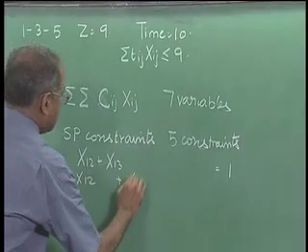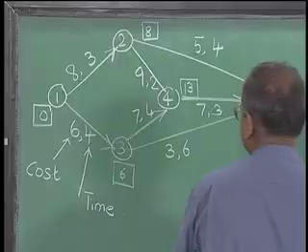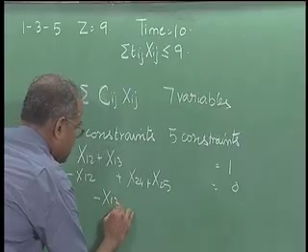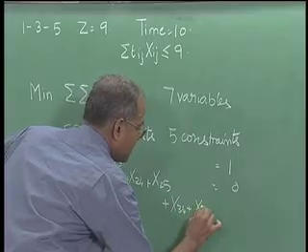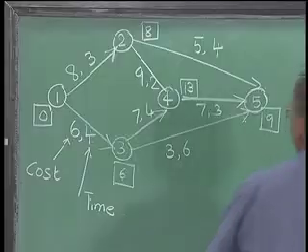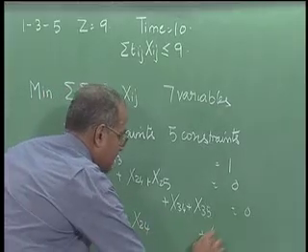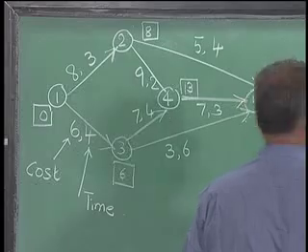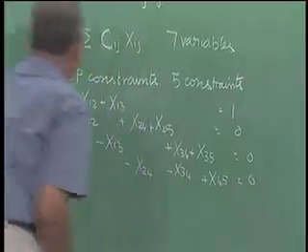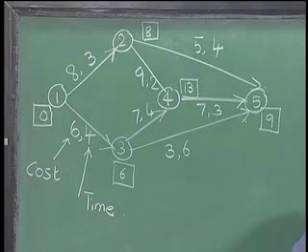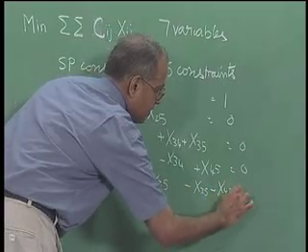minus x12 plus x24 plus x25 equal to 0, minus x13 plus x34 plus x35 equal to 0, minus x24 minus x34 plus x45 equal to 0, and it will be minus x25 minus x35 minus x45 equal to minus 1,